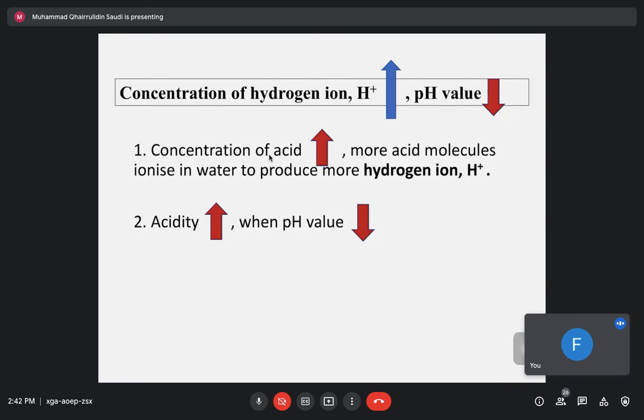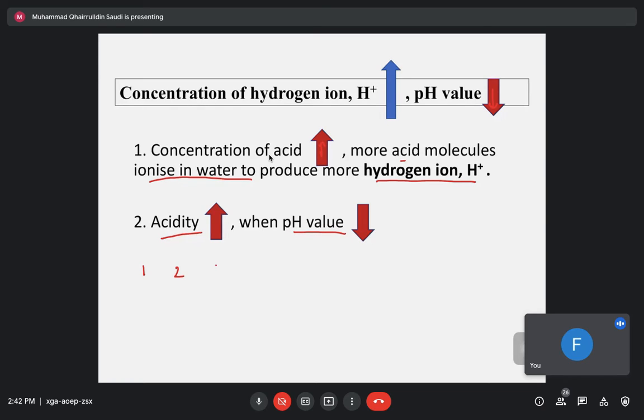Concentration. When the concentration of hydrogen ion increase, the pH value decrease. Okay, when the concentration of acid increase, more acid molecule ionized in water to produce hydrogen ion. When the acidity increase, pH value decrease. Kan tadi kita ada buat